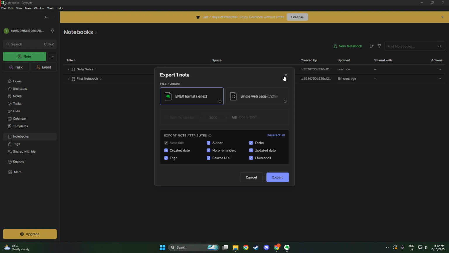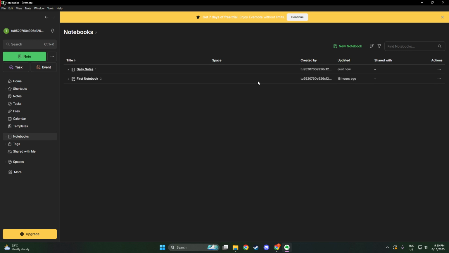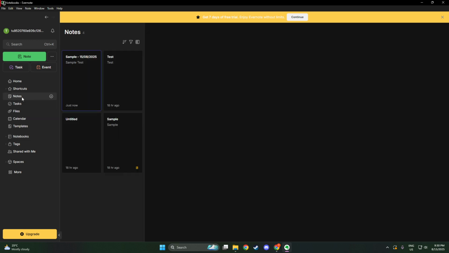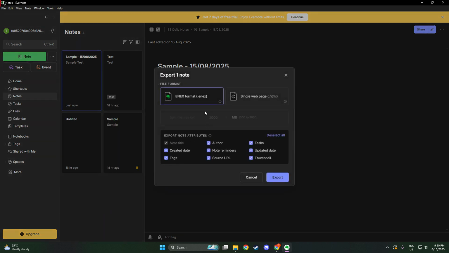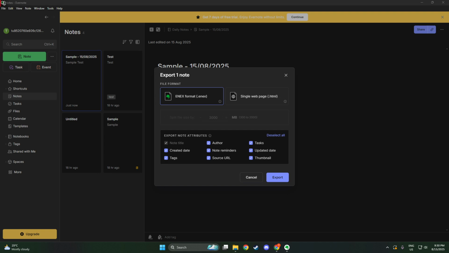Whether you're exporting a single notebook or just a few notes, you'll next face the choice of export format. Evernote gives you a few options to suit your needs. You can select ENX format for an Evernote-friendly backup. Or, if you need a format more accessible outside Evernote, you can choose between a single-page HTML or a multi-page HTML structure. These are great if you plan to share your notes in a universally readable format or import them